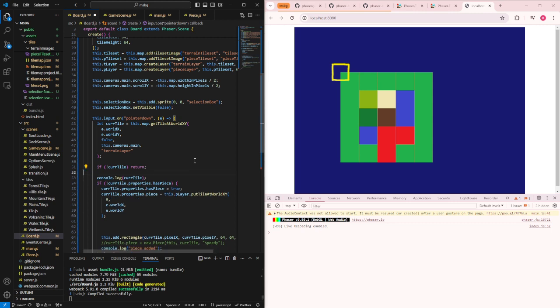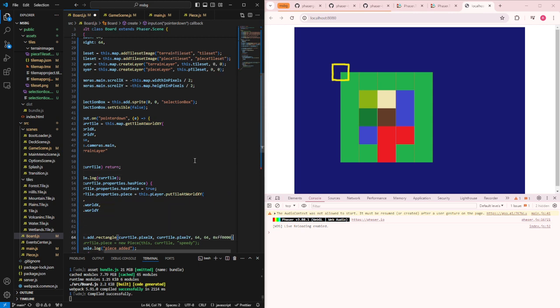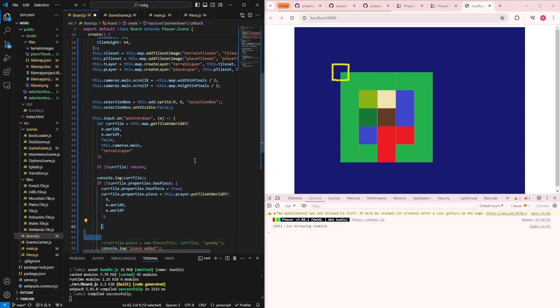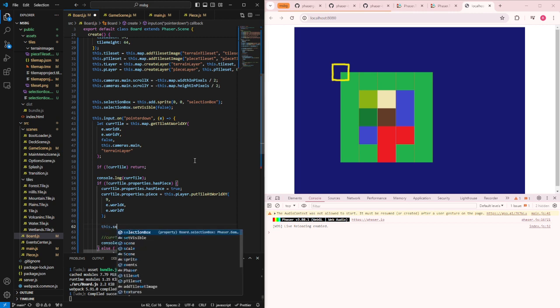We don't even need to set a property of the tile that is selected or not. Well, not right now, but we need it. So, I don't want to add this rectangle. I want to break free. I want that selection box dot set